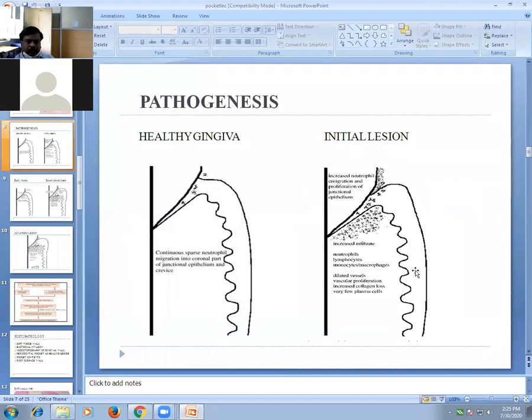How actually are pockets formed? So, in healthy gingiva, the gingival sulcus is the V-shaped crevice which is present between tooth surface and gingival epithelium. So when plaque starts forming on a tooth surface and there are microbial deposits, the body will respond to that with the defense mechanism. So different cells, like neutrophils, start coming to the gingival surface from the connective tissue. So when the population of neutrophils exceeds the